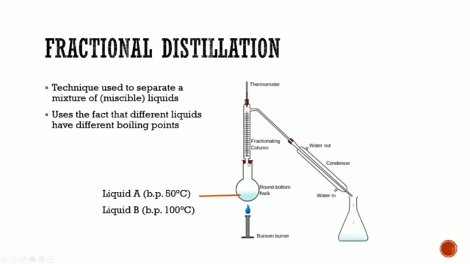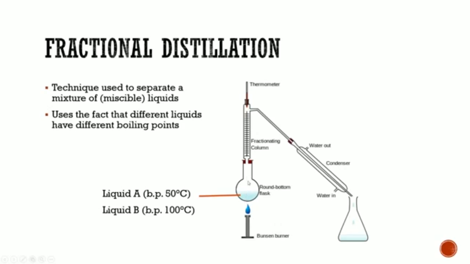But as I said, there's a temperature gradient. So the bottom part is always going to be hotter than the top. So as you get to the mid-range here, it might only be 40 degrees. So the vapor will start to rise and rise, but as soon as it hits this mid portion that's only 40 degrees, then the gas is not going to go up further, it's just going to condense back down into